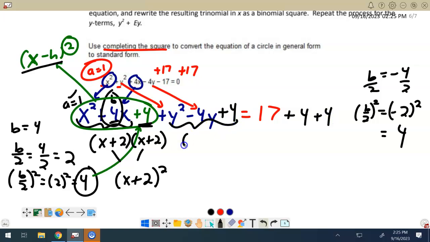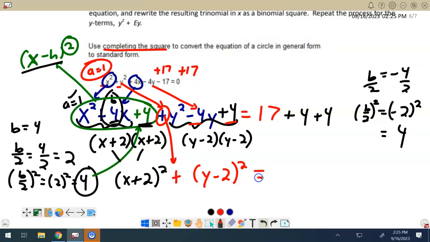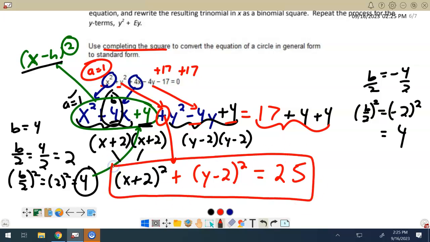This is going to factor as y minus 2 times y minus 2, because this time we're looking for two numbers that multiply to 4 but add to -4. So that's going to be -2 and -2. And that I can write as y minus 2 squared. And then this plus sign is going to copy down here. And on the right-hand side, we'll go ahead and add these numbers together. Predictably, you get something nice. You get 25. Right? So now we've rewritten that equation into standard form, which then allows me to find the